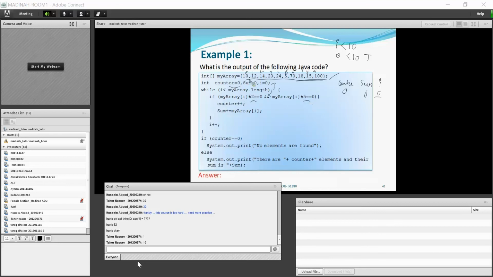So take the first element, myArray of 0, which is 10. 10 divided by 2 is 5 times, remainder 0. 10 divided by 5 is 2 times, remainder 0. So it is true. My array of i is 0. The array is this one, 10, 12. It is given here.